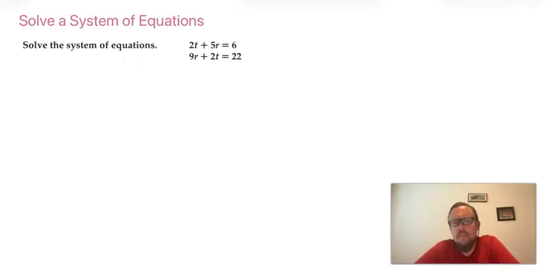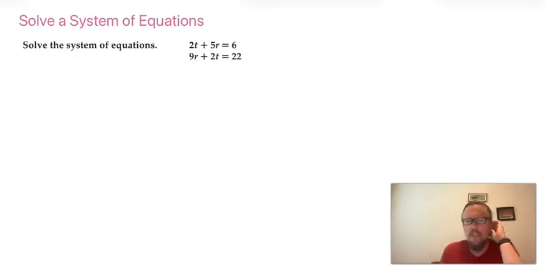When I look at this system of equations, there are two things that I notice. The first one that jumps out at me is that they're not written in the same order. The first equation has t plus r equals constant, and the second one has r plus t equals constant. So they don't have the variables in the same order. The second thing I notice is that the t's have the same coefficient, which means that I could probably solve